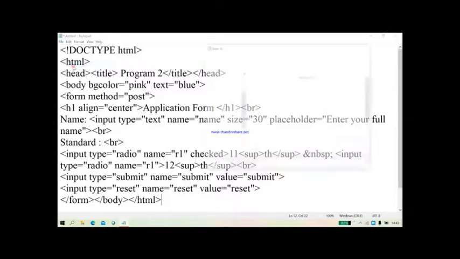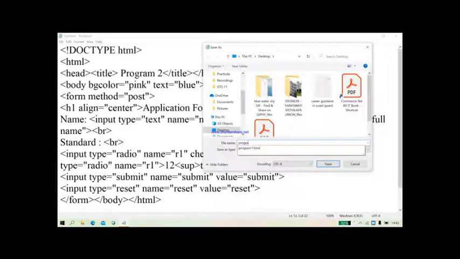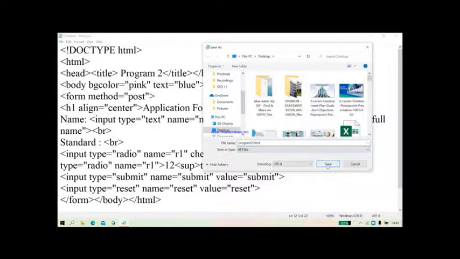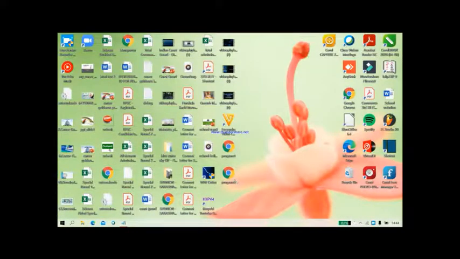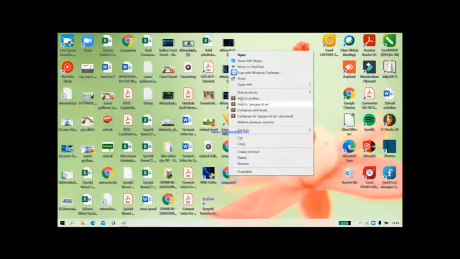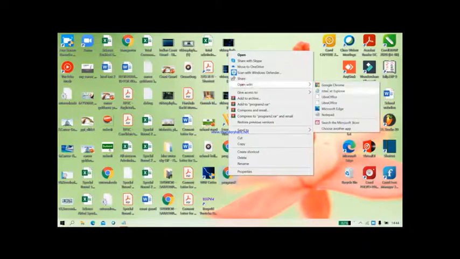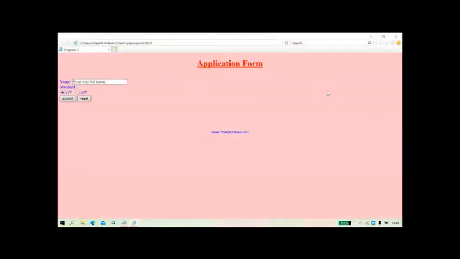Now save this with the name program2.html in all files and save. After that, minimize it. So this is the program 2. Right click, open with Internet Explorer to get the output. Now see, this is application form.